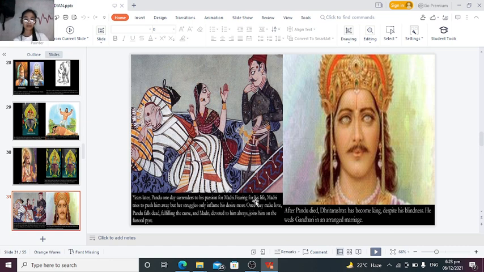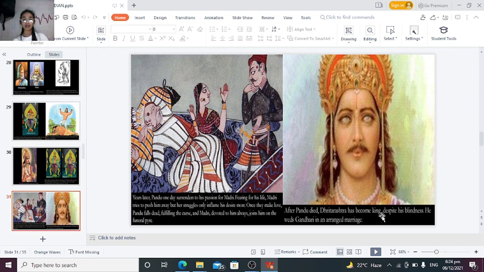Years later, Pandu one day surrendered to his passion for Madri, fearing for his life. Madri tries to push him away, but her struggles only inflame his desire more. Once they make love, Pandu falls dead, fulfilling the curse, and Madri, devoted to him, joins him in the funeral pyre. After Pandu died,